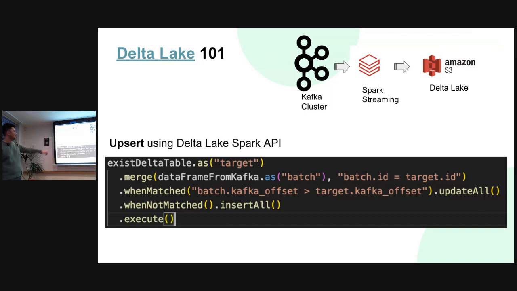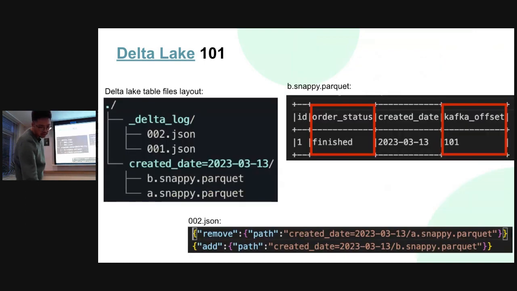And there's a condition to make the merge extra safe. We make sure that the source Kafka offset is larger than the target Kafka offset. And when there's no match of the ID, that means it's a new row, so we just insert it. After running this statement, this is Spark API, after running this, we have this layout of the table. We have a new data file called b.parquet, and we also have a new